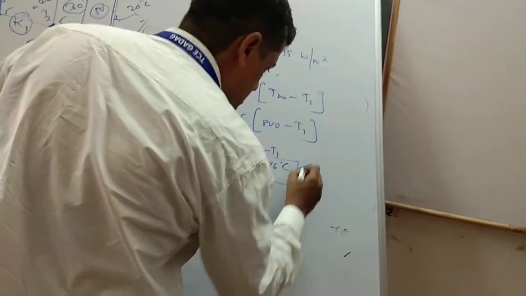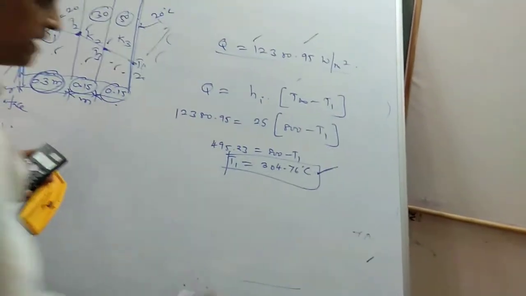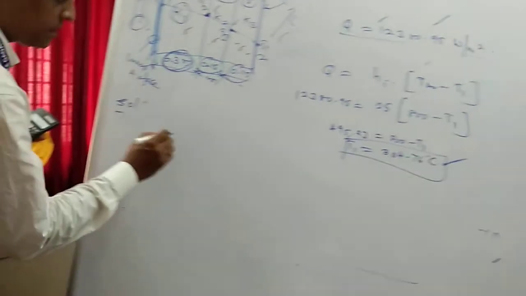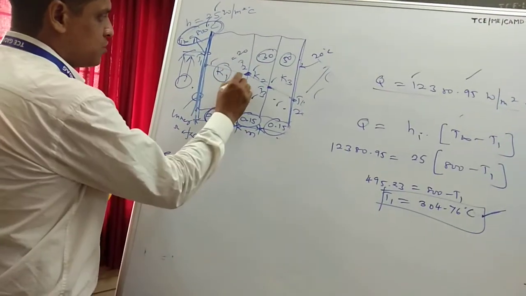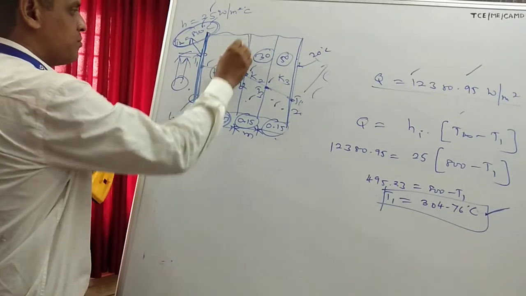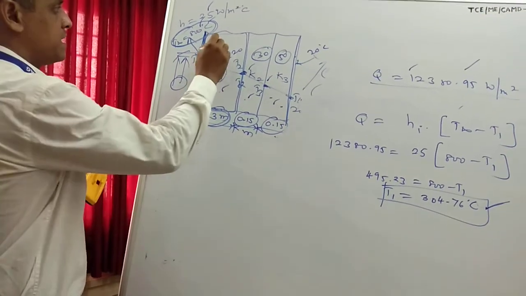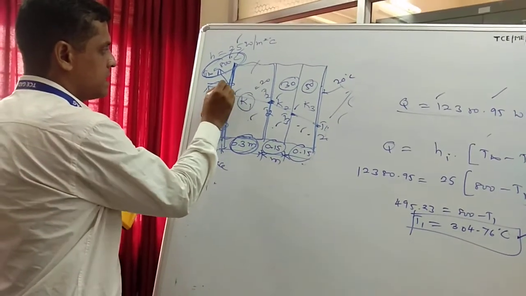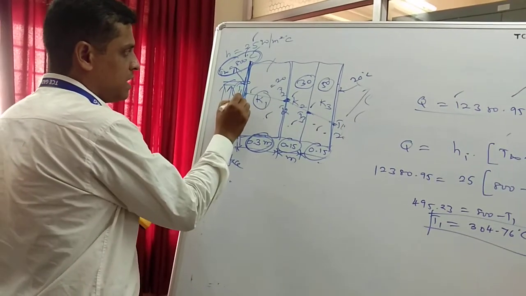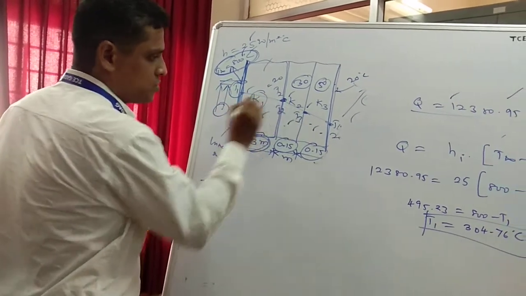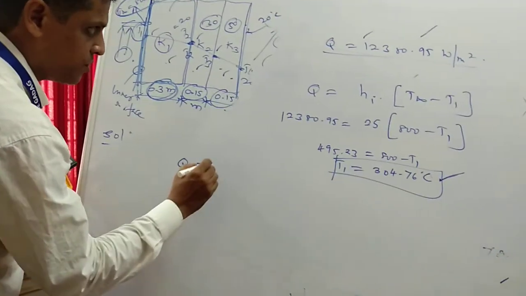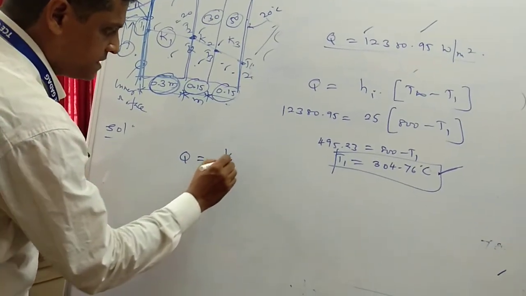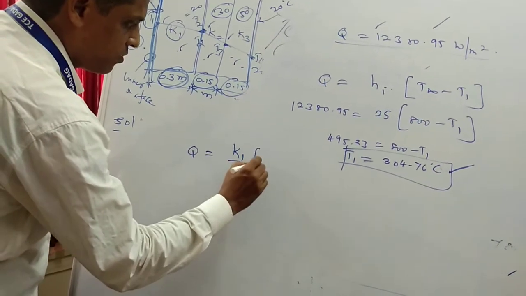Using the finite element method we got the same value. Okay, next temperature. Now we'll find the temperature T2. To find temperature T2, in this composite wall, the first material is subjected to conduction. Here the heat transfer has to take place from this solid medium to this. Now we will use the conduction equation Q equals kA dT by dx,